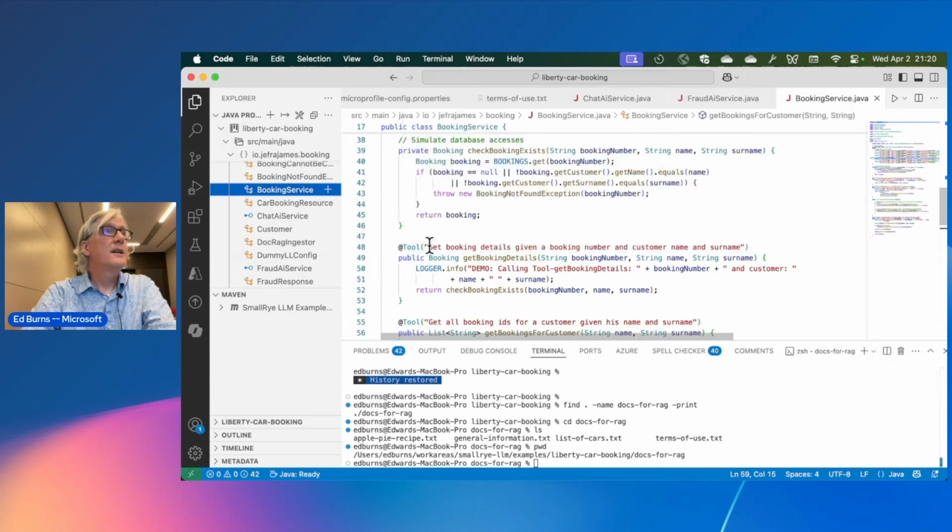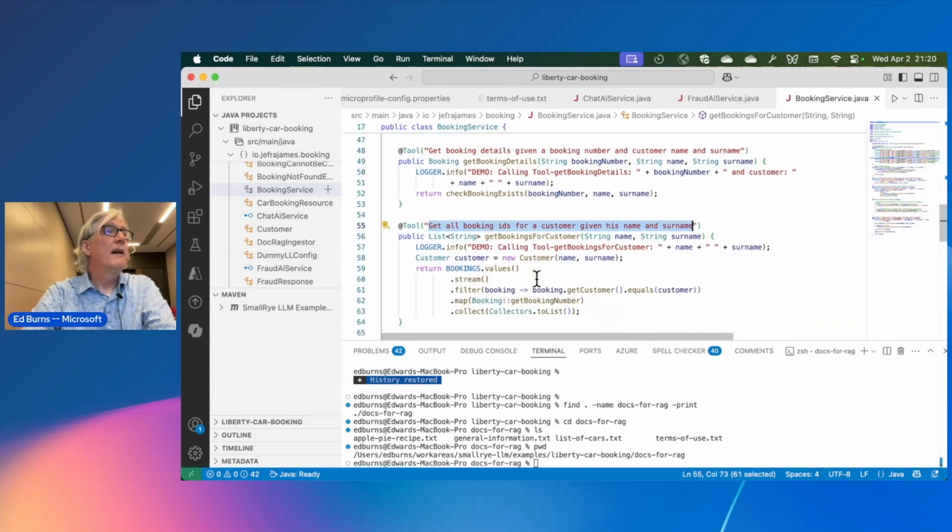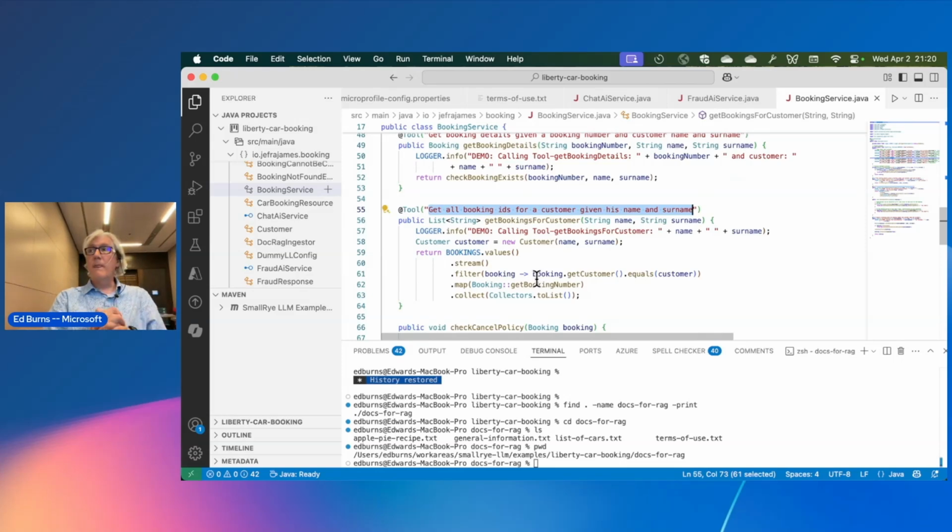So if the AI determines that there's a prompt that looks similar to this, then it will call this method. And the value of using LangChain4j, especially with Jakarta EE, is that when you get called back, all of those Jakarta EE facilities are available to you.